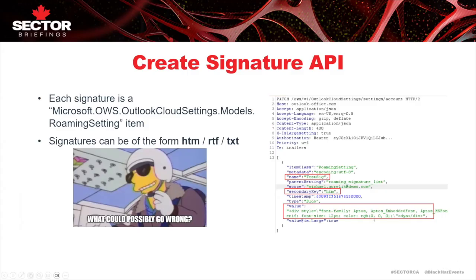So how do we change that if we want to use the API instead of this nice GUI? We send basically a JSON, and the JSON will say, okay, this is our name, test signature, this is our type, and then the value is essentially HTML, right? It's the HTML. So we can put there anything we like, including links and nice images, and this will look exactly like we saw in the UI, right?